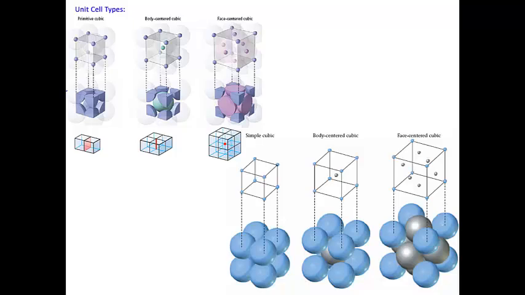Now we're going to look at unit cell types and give the idea of unit cells. We're going to first preview different unit cell types and then go over what a unit cell actually is. Unit cell types can be different ways we describe a solid state structure, which is very large, using the smallest repeatable portion of that. And so here's a unit cell called a simple cubic unit cell,